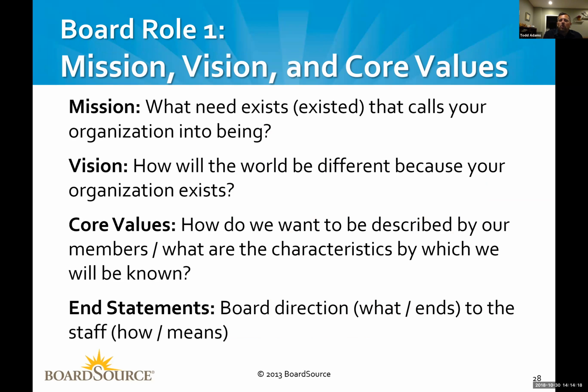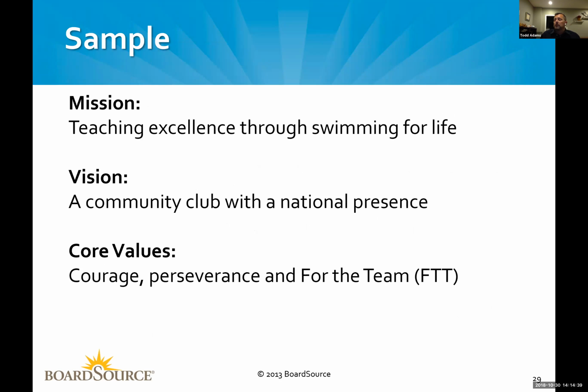Your core values are, what do we want to be known by? How we do our work, what guides us? And then as your organization begins to mature, your board can begin to focus on end statements, the what the organization is to accomplish. And then the staff focuses on how, or the means by which they're going to accomplish. But the end statement piece is a very mature piece. And oftentimes our mission statements don't fit on a bumper sticker, especially when we get into church-related nonprofits. We want to get all the flowery theological language in there, and then we don't ever use it because nobody can remember it. So if you can't recite it,